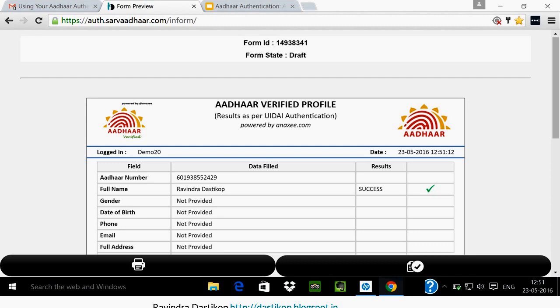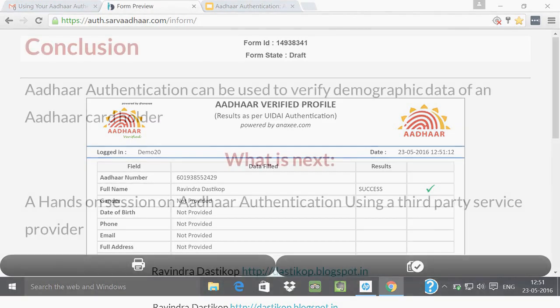So this entire process is called verification. In this case, we have used the example of an Aadhaar card holder sending his name for verification and getting it verified. And this kind of verification where the match is found is called successful verification.